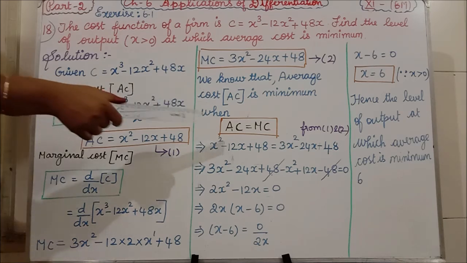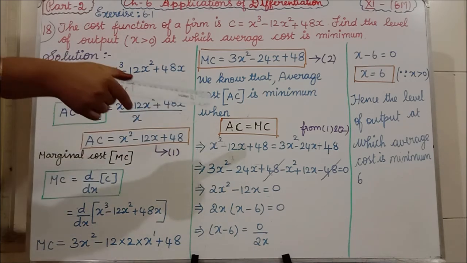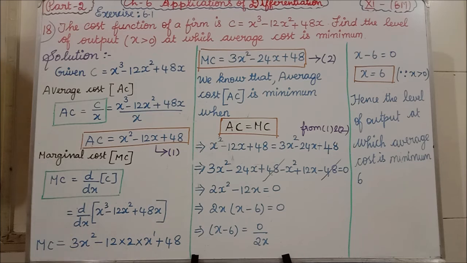Okay, now what we need here is the average cost as well as the marginal cost. When average cost is minimum, average cost is equal to marginal cost. We have now got the average cost. Next we have to find the marginal cost. If the word marginal comes, you have to differentiate, I told you, isn't it? So we are going to differentiate the cost with respect to x. Okay, this is the cost function. We are going to differentiate that with x.